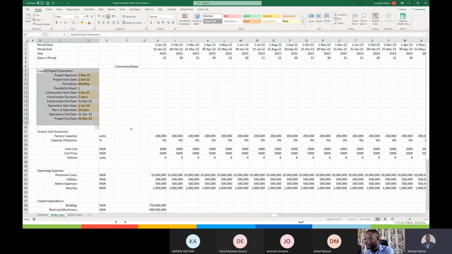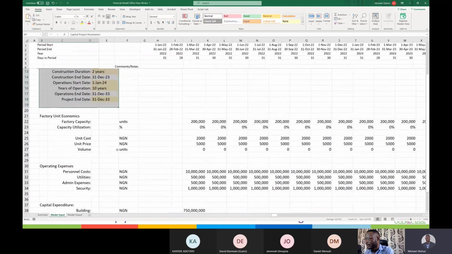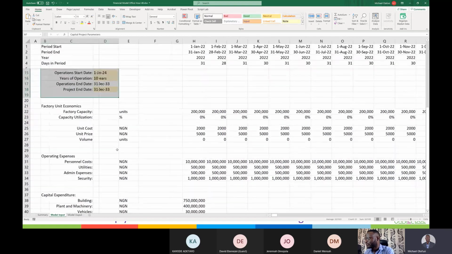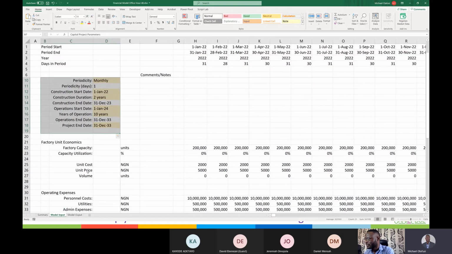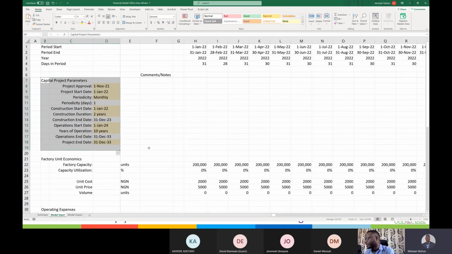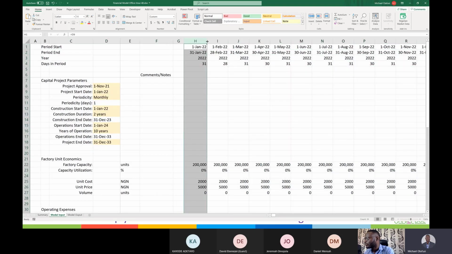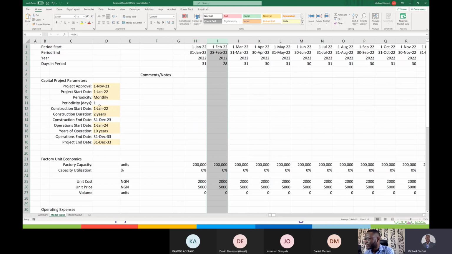the project parameters. Let me just zoom this. Project parameters, and those are pretty common. People have different ways of representing the other things, but those are pretty standard. So that's what we did. We said, okay, let us have different periods in here. So this is a 1 month period, but if you look at it, I set it in such a way that you can switch it.